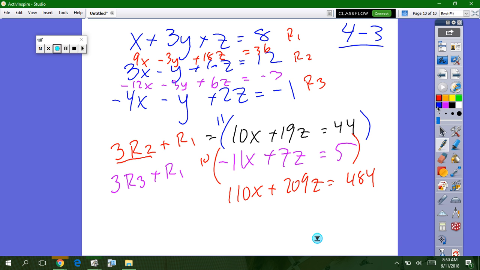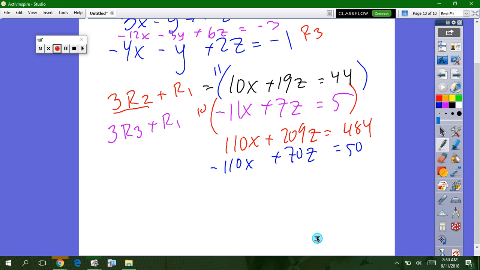Okay, this guy we get negative 110x plus 70z equals 50. I hope this comes out really nice. 279z equals